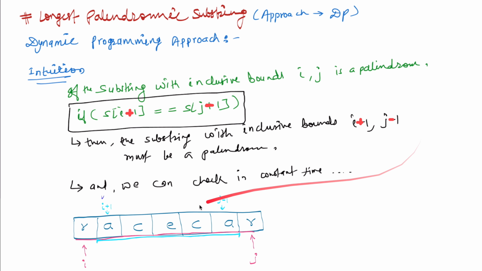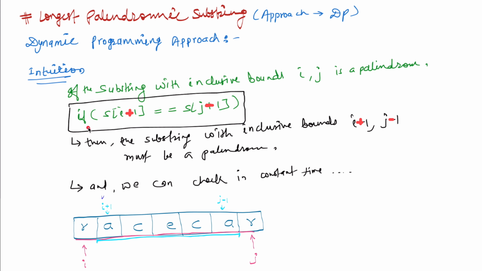For example, take the string "reseca". The character at this r is index i, and the other index is j. Both the character at i and the character at j are the same. So if we say from this r to this r it is a palindrome,